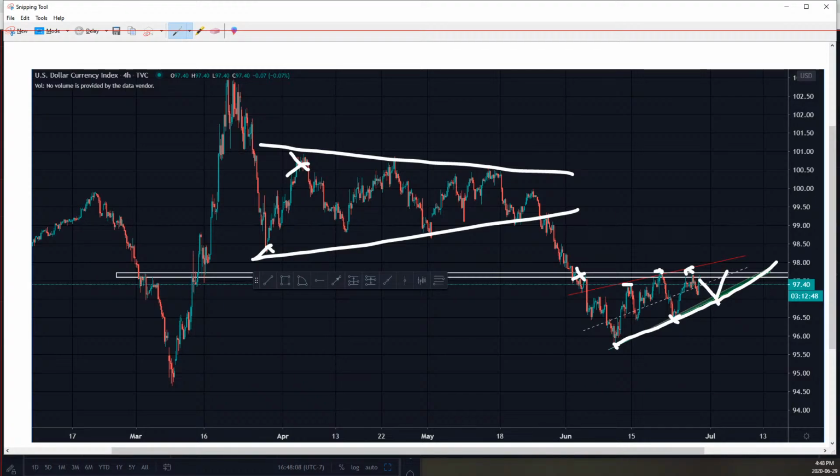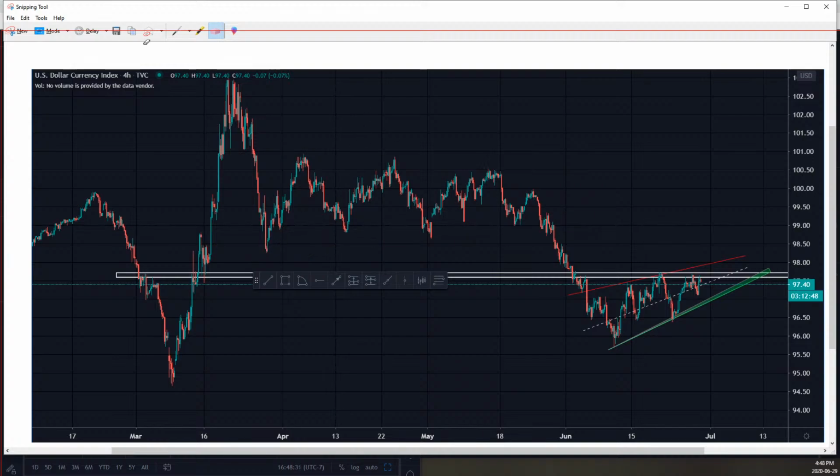I'd like to see it reject one more time, because then you get 3 rejections. That will be a valid zone for me. 2 is not a valid zone. I cannot use 2 touch points or 2 rejection points in order for me to use that trend line as a valid zone. So I need that to happen before I look at this as a potential move to the upside, which would then, in my opinion, be in confluence with a market sell-off probably,